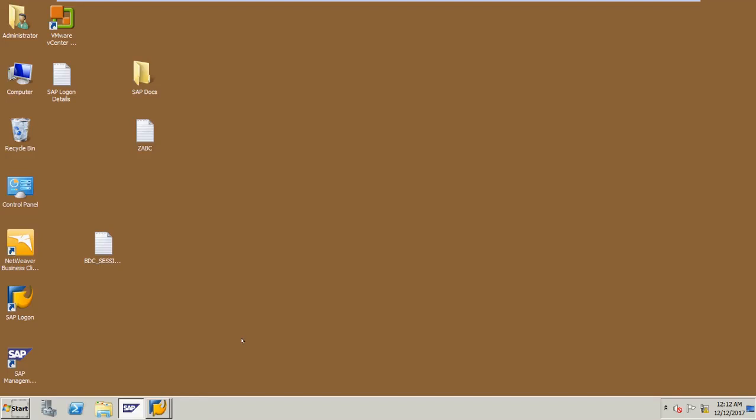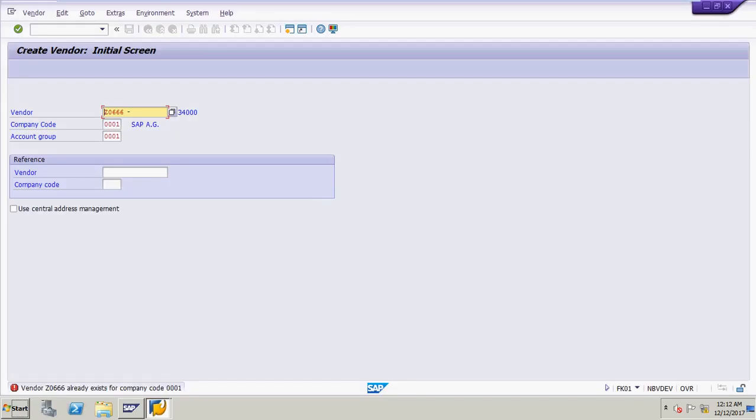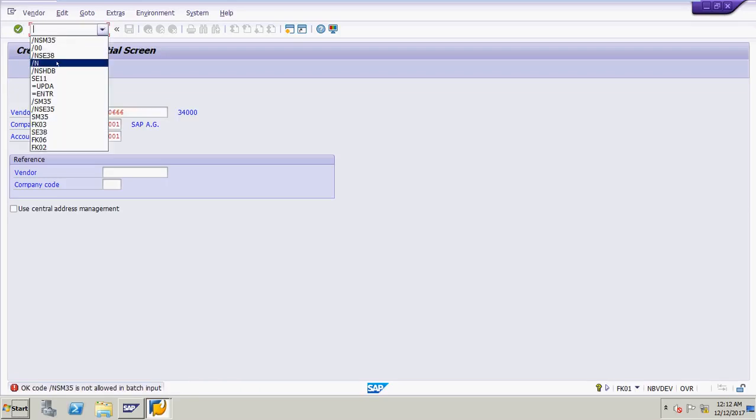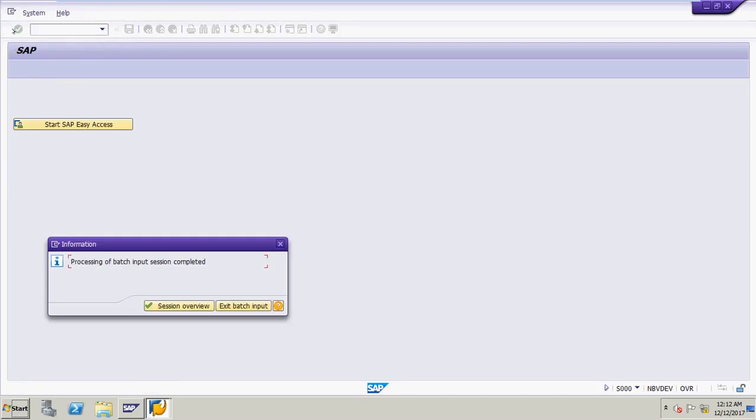Close my program, and again go back to SM35. Just exit batch input.